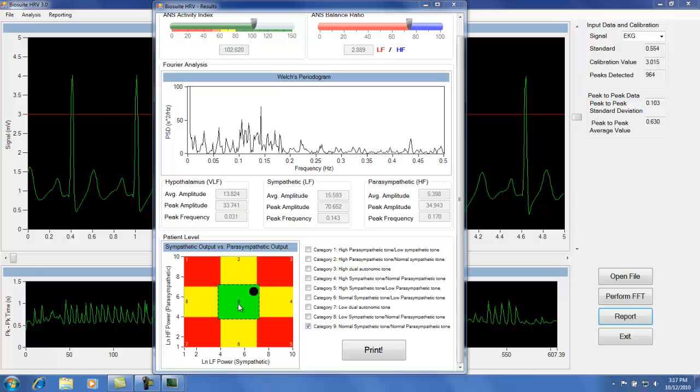So if you want to just look at the sympathetic versus parasympathetic nervous system, you can use the ANS balance ratio. If you want to look at the whole ANS and how it factors into the 9 categories, you can come down here and look at this graph. And so that's important to point out because they are different, and hopefully that will answer a lot of questions